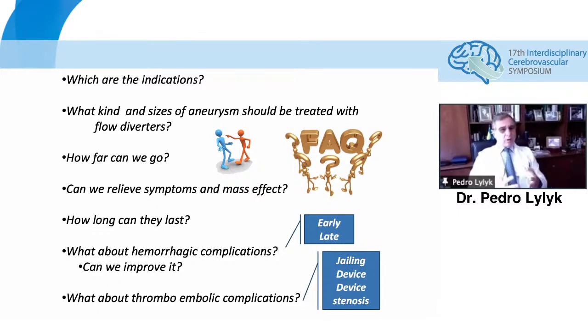So at the beginning, we were looking for indications, what kind of aneurysm we can treat. The other question, the challenge, was how far can we go? What will happen with the symptoms, especially in the giants? How long will the relief of those symptoms last? What will happen with hemorrhagic complications, early and late? And also very important, what happened with thromboembolic complications,